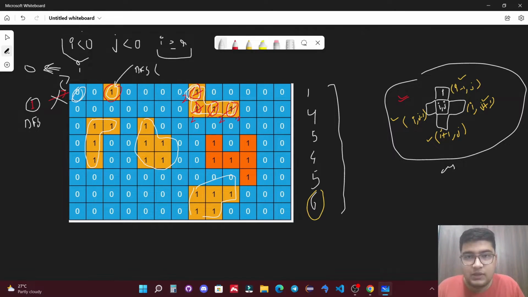And the fourth boundary condition is j is greater than or equal to the number of columns. If it is greater than or equal to the number of columns, then it might be going out of bound, because this is a zero indexed array, so we won't be considering the equal elements. We won't be considering when the value of this j is equal to this c,